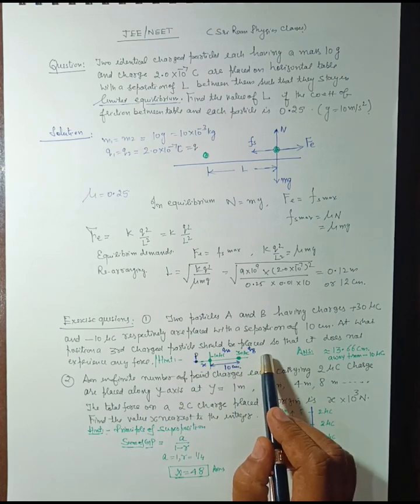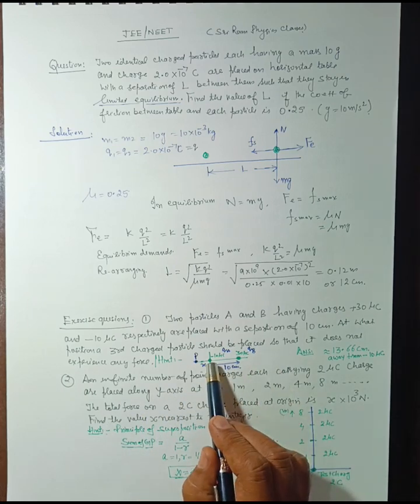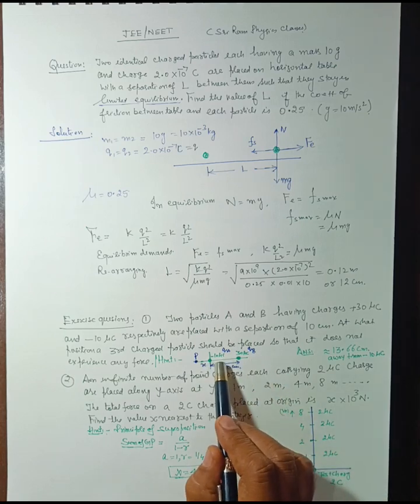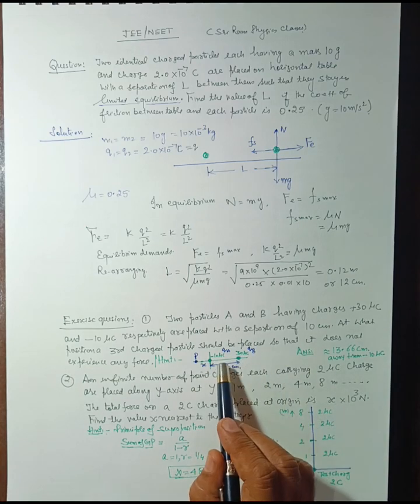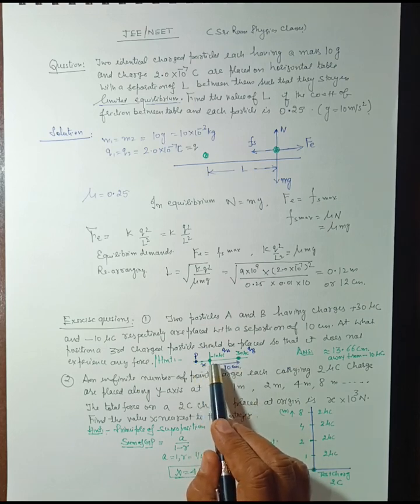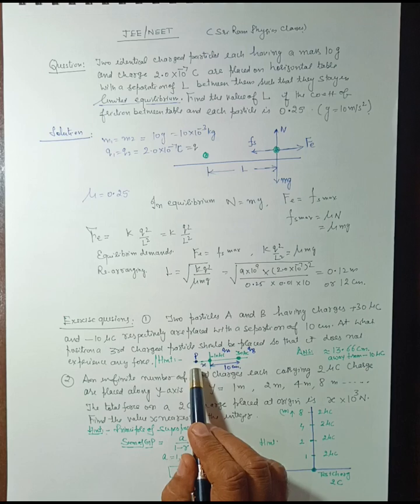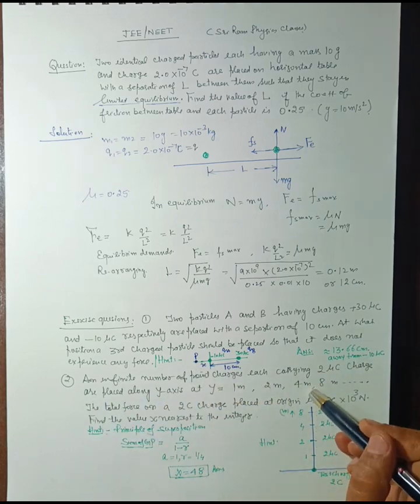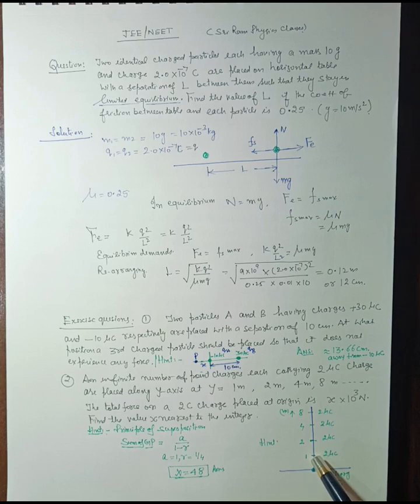If it is placed at this point, the charge minus 10 coulomb will not have any effect. If it is placed in between the two charges, the direction of the force, that will be, you can say, will be same in this position. So we have to place it at this point. You can calculate it. And infinite number of point charges, ये देखिए point charges ऐसे रखे हुए at position 1,